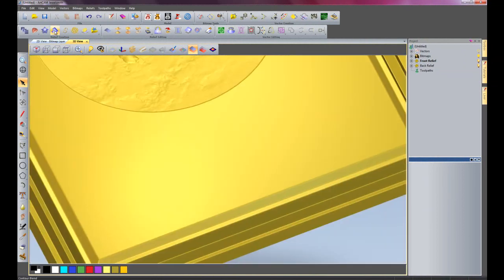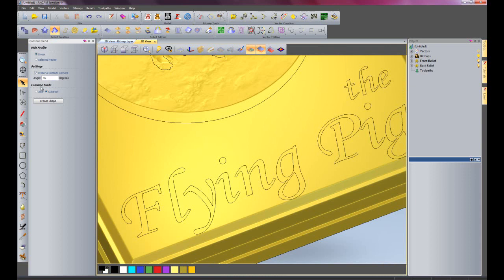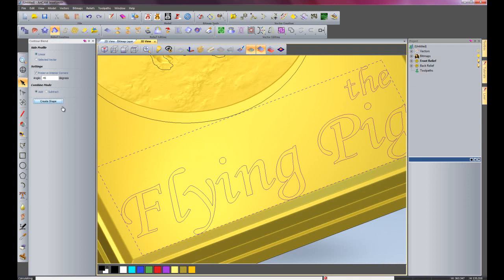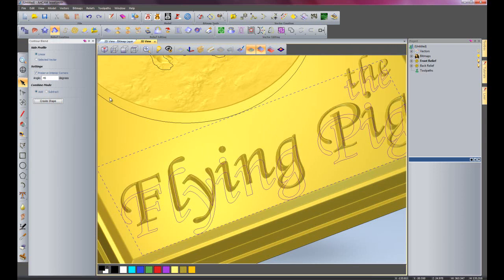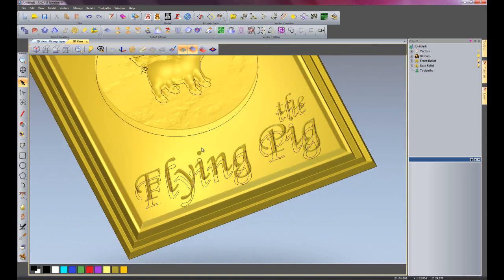I'll do the same thing to create the text. I'll use the contour blend tool, so I'll turn vector visibility on, go to contour blend, linear. Instead of a subtract this time, I'm going to add it so it's a beveled edge, and I'll select my text and create shape. This will give a nice crisp bit of text. And then close my contour blend, zoom back out,